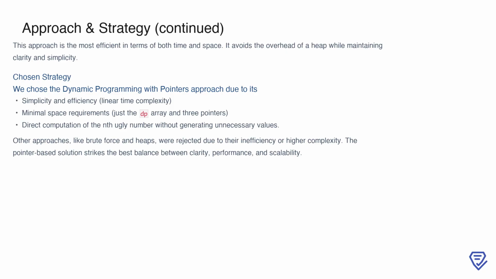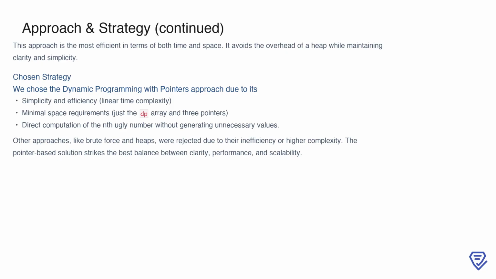By avoiding the logarithmic overhead of a heap and focusing directly on generating the required multiples, it minimizes computational cost while maintaining clarity. The simplicity of using just the dp array and three pointers makes this method not only efficient but also highly scalable. For these reasons, we chose dynamic programming with pointers as the preferred strategy. While brute force and heap-based methods provided valuable insights, they were ultimately rejected due to their inefficiency or increased complexity. The pointer-based solution strikes the ideal balance between performance, simplicity, and scalability, making it the optimal choice for directly computing